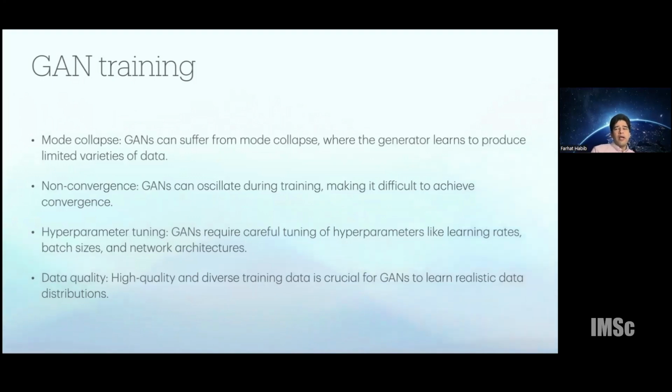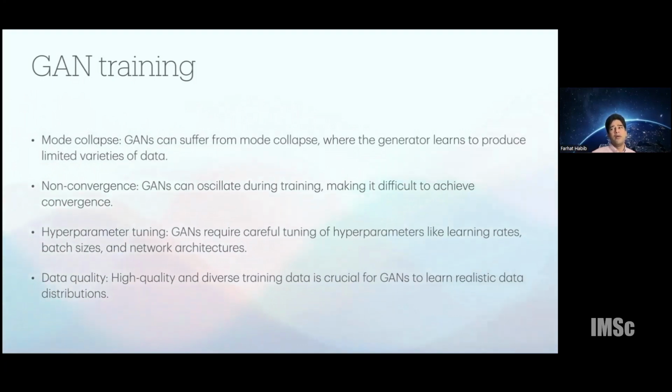GAN training, though, is a fairly hairy and finicky process. One part is that the two networks should be balanced with each other. That is, if your discriminator is very good, that is, it's able to tell with a very high certainty that the generator is wrong, then the generator simply stops learning because it doesn't have enough signal to learn from. In that case, there's something called mode collapse, where the generator only learns limited varieties of data.